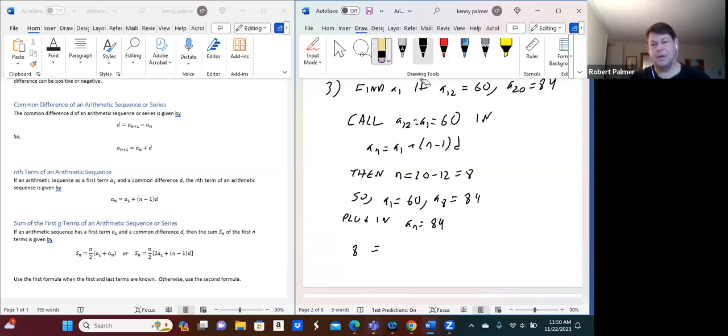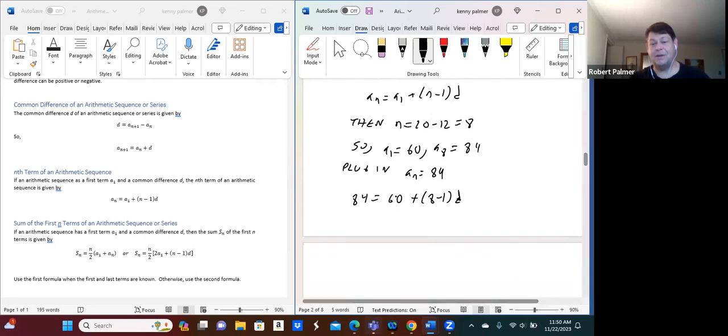So 84 is equal to A1, which we're calling 60, plus N, which is 8, minus 1, times D. Now we have an equation where the only unknown is D, so we can find D. Let's do that. Subtract 60 from both sides. That's going to be 24 is equal to